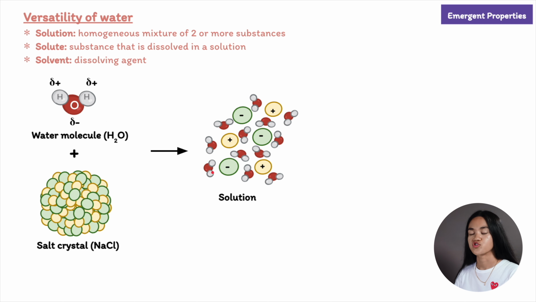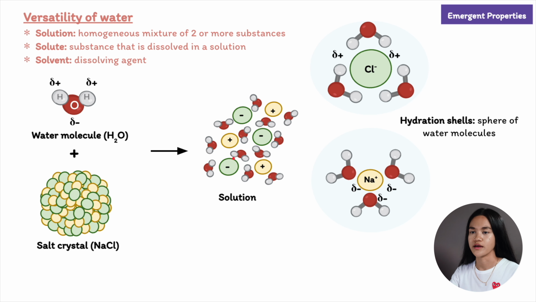So oxygen is attracted to sodium ions, or cations, because it's positively charged. The way to remember cations and anions: cats have paws, which makes it positive. All right, and the hydrogen atoms are attracted to chloride anions. What happens then? The water molecule surrounds the individual sodium and chloride ions and separates the two, and hydration